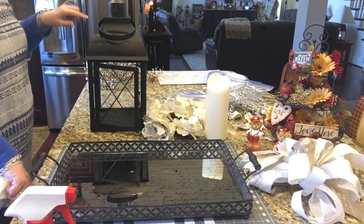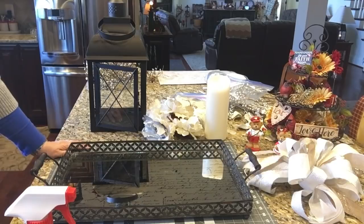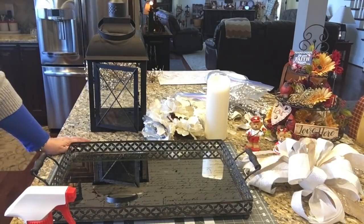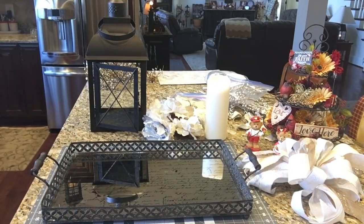I actually have two lanterns like this, one for my dining room table like I'm making today, and one that sits right here on my kitchen table. And I just love that I have two the same. You can see both tables sometimes if you stand at a certain area, so I like the continuity of having them look the same but different. That's just my anal retentiveness there. But anyway,